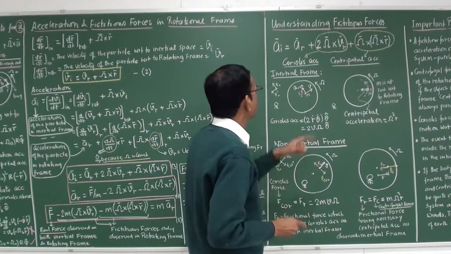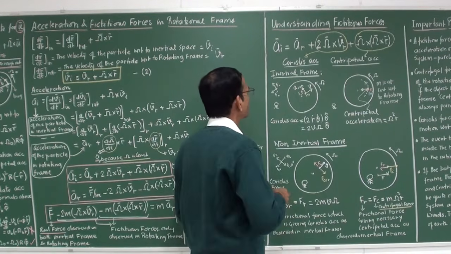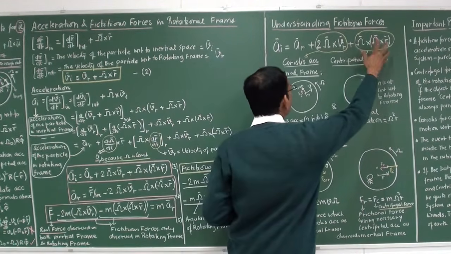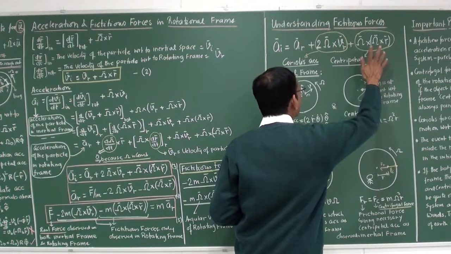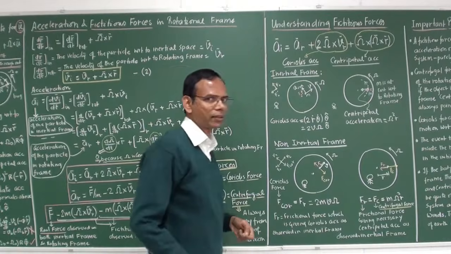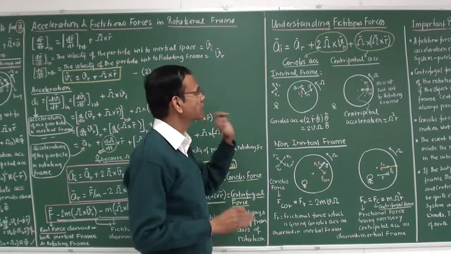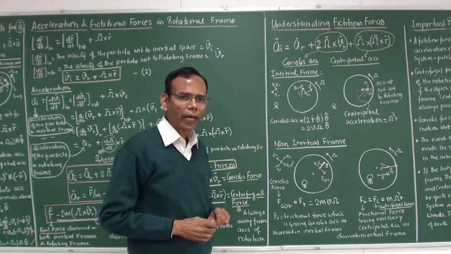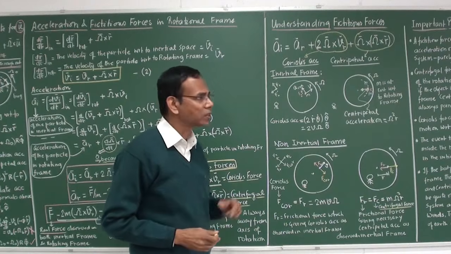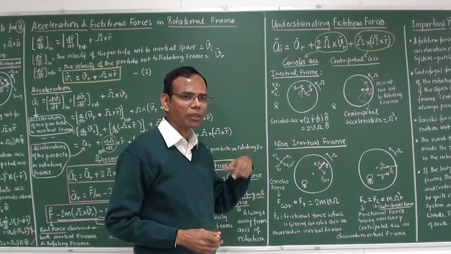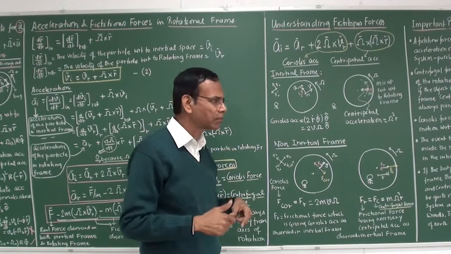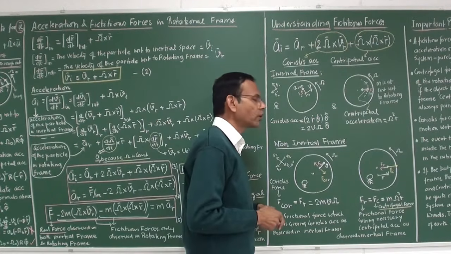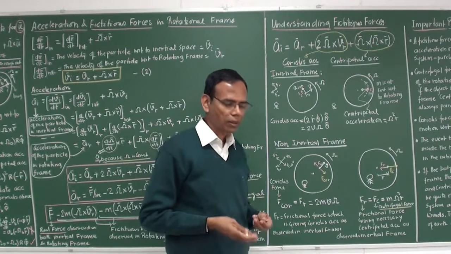Okay, so that is what I have written over here, that there are two terms. One is the Coriolis acceleration we call, and the other is the centripetal acceleration. So we have to understand what actually they are, because they go to the other side, becoming negative, multiplied by m,